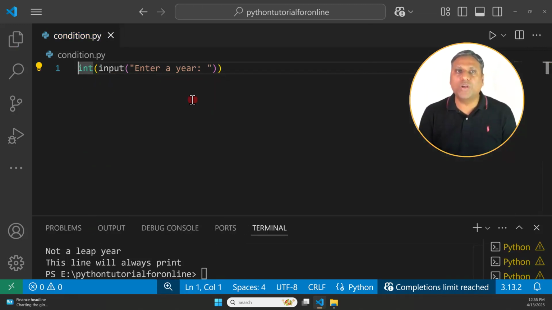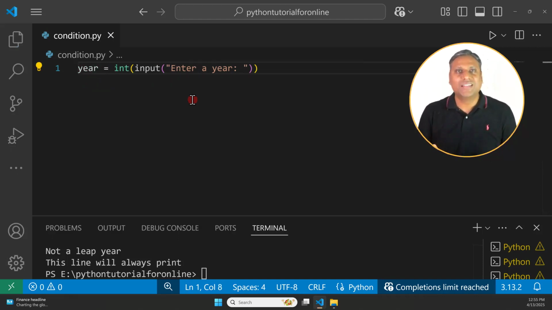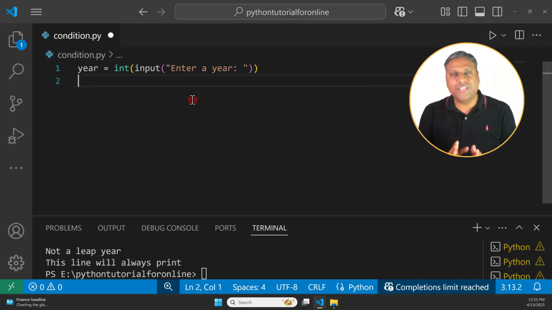And finally, I'm going to store that in a variable, year. Nothing new. I have already covered that, and you can find the video in the description of this video. So now we have taken the integer input from the user and stored it in the variable year.